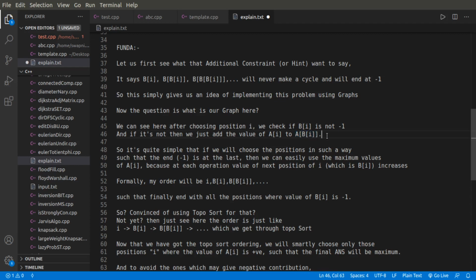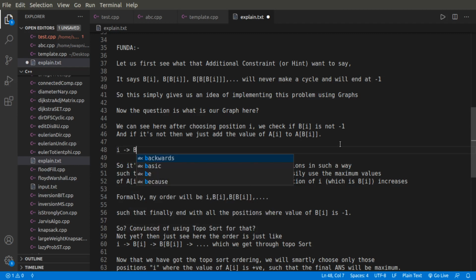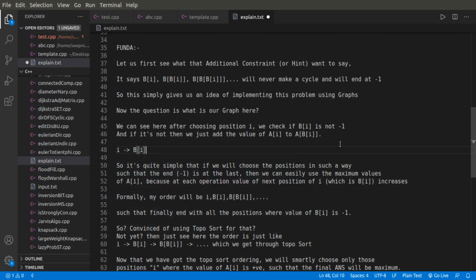So it's quite simple that we will choose the positions in such a way that it ends with -1 at the last, and then we can easily use the maximum values of a_i. I will just explain it in a simple manner. After choosing a particular position, I am moving to another position, which is b_i.